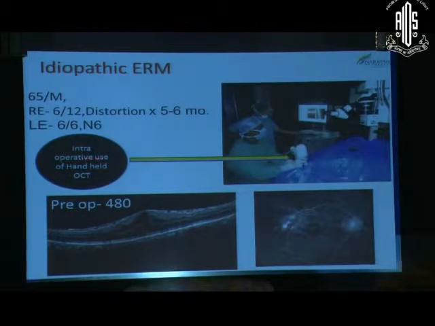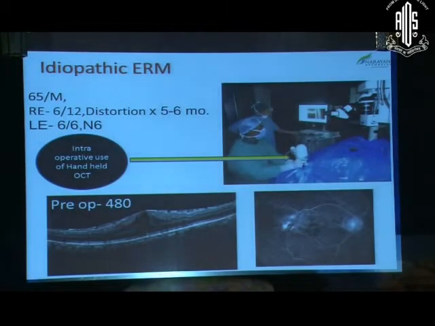Here we are using the intraoperative handheld OCT that is known as Bioptigen. It's not a true intraoperative OCT, it's a perioperative. So basically you do a step and then you can image it intraoperatively. So this is the preoperative. You can see there's an ERM here, a hyperreflective structure. Cystoid edema is there. The corresponding angiogram also shows leakage.